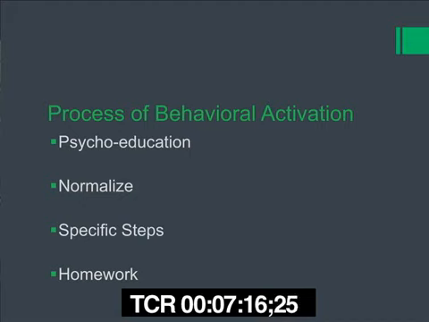Then the next step is you'll want to help them do the specific steps involved in behavioral activation, which is essentially to find out what they are doing currently. How can they fill that dead time? How can they start doing activities that are more goal-directed and that are pleasurable? And then the last step is homework. With homework, it's basically assigning them a task to go and start doing the new schedule that you've created with them.